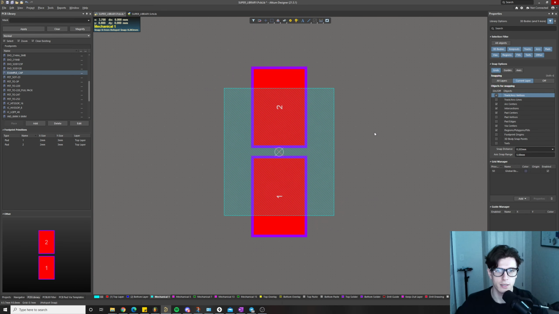So the last thing you want to do is add some overlay or some silk screen to your component, just so from a validation perspective, whenever you get this PCB manufactured, it makes it easy to work with, right? So we're just gonna put some indicators denoting which pin is the polarized pin, and also something to highlight the component itself, just to give a brief outline, just to help your eyes track it and stuff like that. So I've already selected top overlay, and then what we're gonna do is